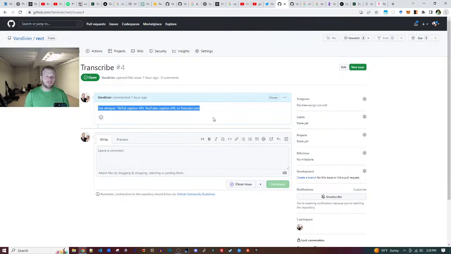Okay, so I don't want to pay money. And I'm nervous that if I release an open product that's accessible, then other people will go over my spend limit on Whisper. So that's a point against Whisper. The point for Whisper is it's cool. Especially if I make an offline only version and I don't release it publicly and I just assume that other people are going to download rect and run their own instances on their own machines, then that problem goes away and the added value remains, including the API is really slick.